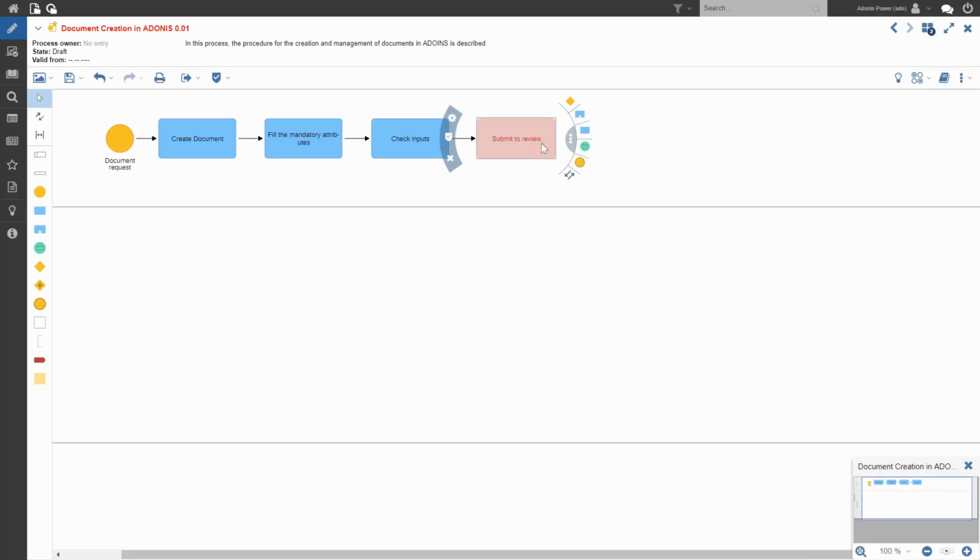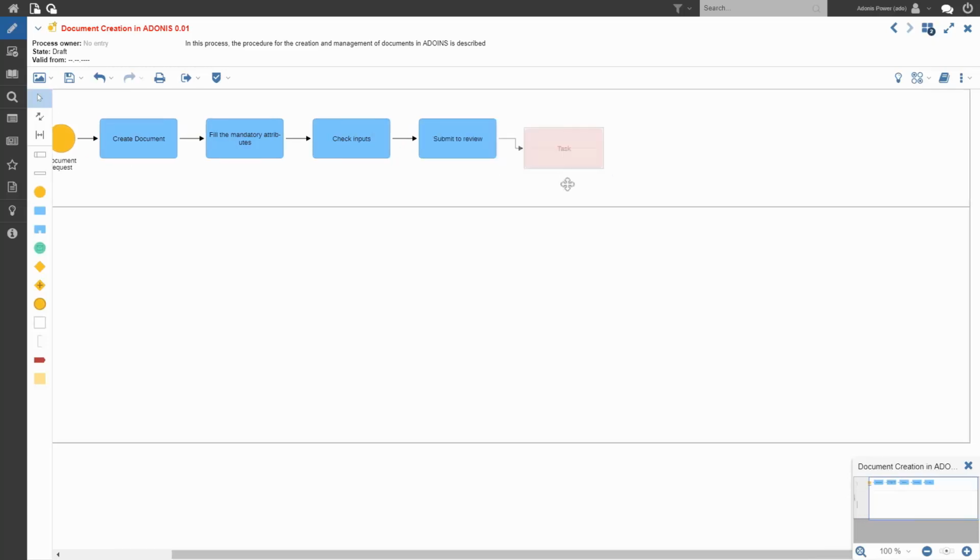Okay, let's add another task here that we can drag down into our approver swim lane here, so we can click on the task again, and this is going to be a task just to now check the document. One more task is if the document is okay, we're going to release it. And we can finish the process with our end event.